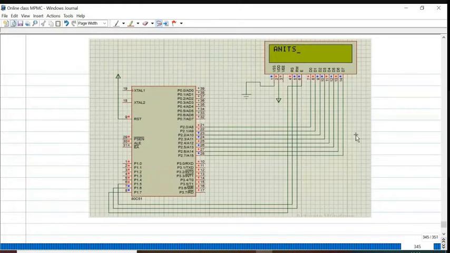Next, VSS is ground, VDD is plus supply voltage, and VEE is used for adjusting the contrast of this LCD display. I'm not going to use that, so left as it is. And these three are the important control signals. Already I told you about register select.